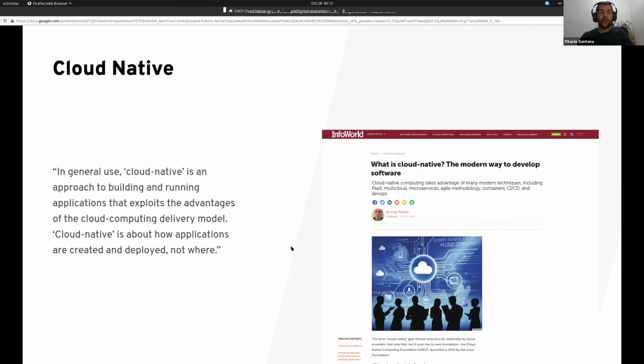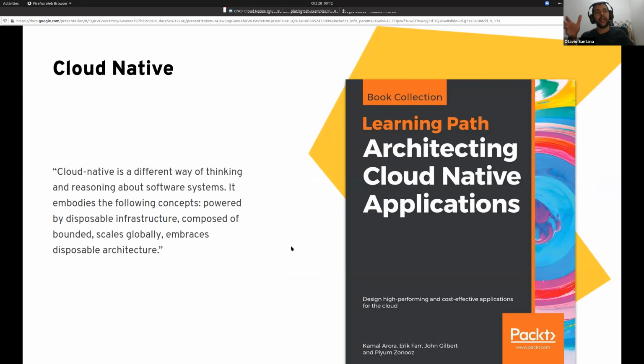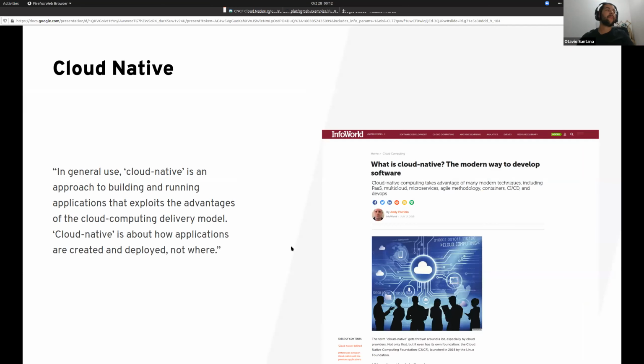Okay, so basically, this book says to automate almost everything, or everything as much as possible. So you use a lot of operations techniques, infrastructure as code, and so on.